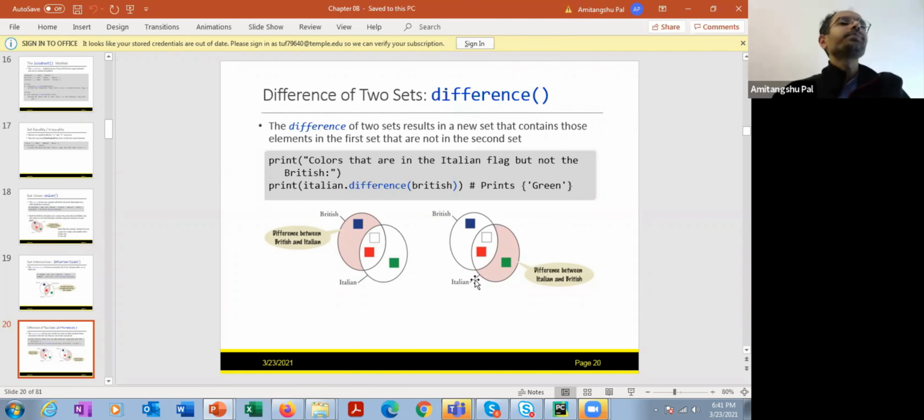Clear to everyone? So the set difference of A and B is not equal to the set difference of B and A. Both are not the same.